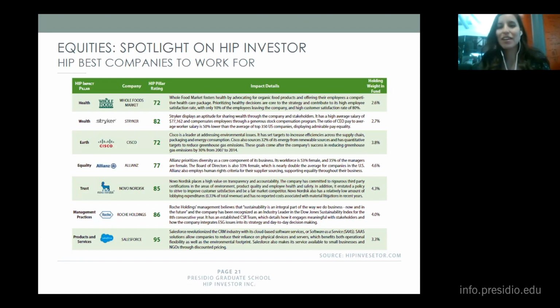And you can see some of the other high achievers in this portfolio, such as Allianz, who does really well in the equality category. At Allianz, 53% of all their employees are women, and about a third of their board members are women. So this positions them as leaders in these categories. And one-third women on the board might not seem very great, but it's actually about double the average of public US companies. So pretty impressive, all things considered.